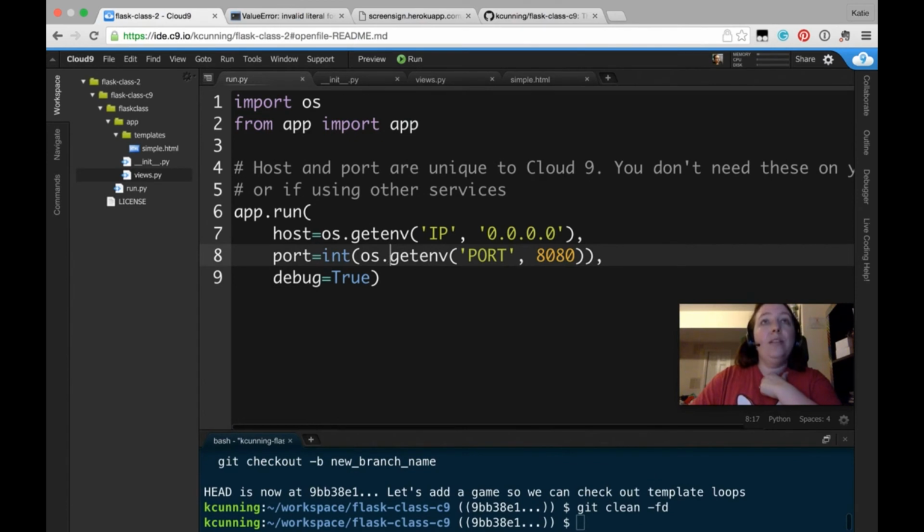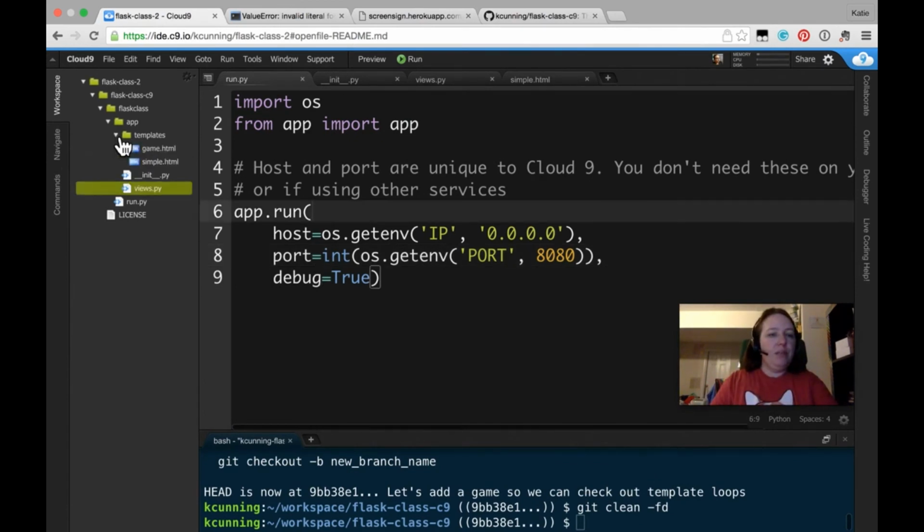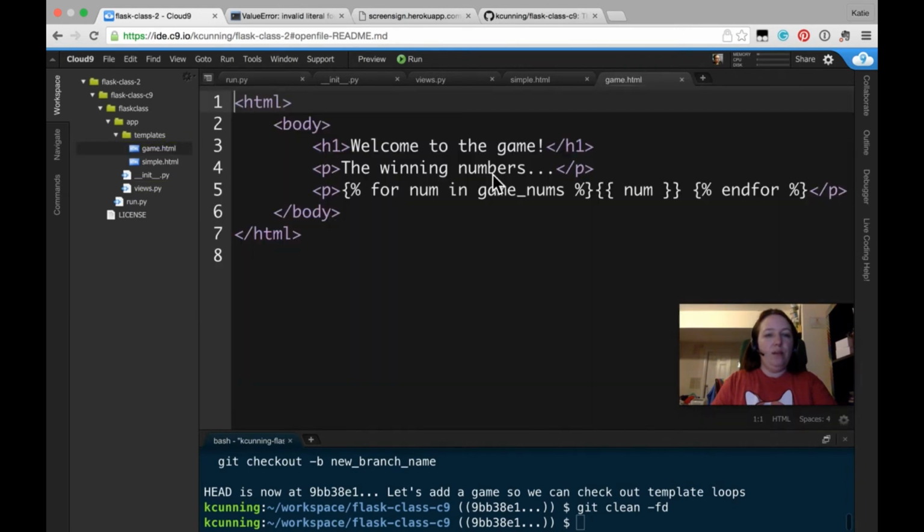So let's see what changed. Now if you look under templates, you'll see we have a new file called game. And what we have here is just an h1, a paragraph, and then we have this. It's curly bracket percent sign. This is not a variable, it's actually a do-this-thing kind of thing. So it's a function or a control method or something like that. So for num in game nums, and we'll find out what game nums is in a second. Just print out num and a space,